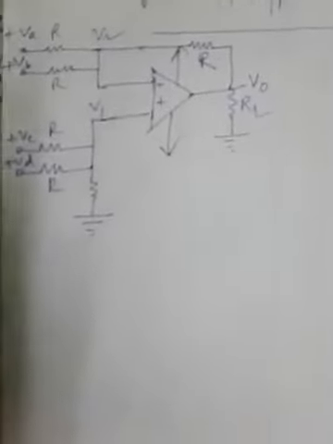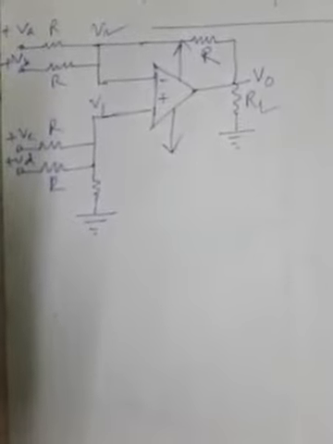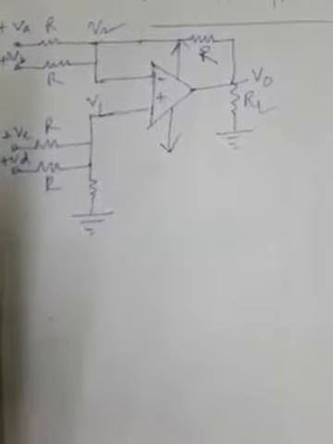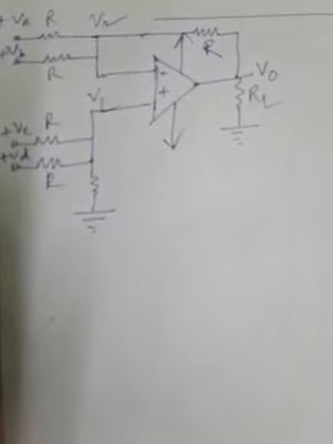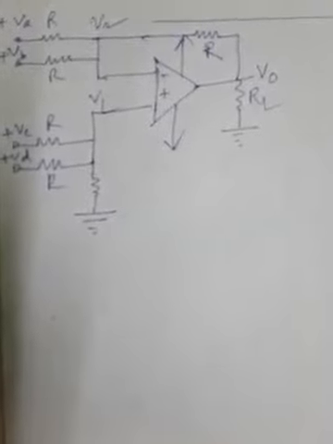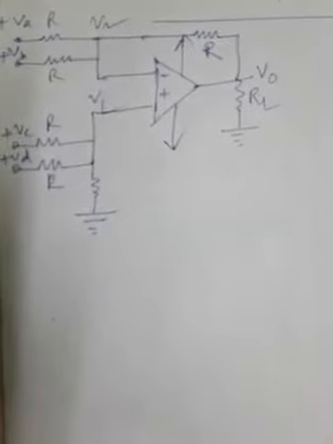The output voltage equation for this circuit can be obtained by using the superposition theorem once again, because we are observing here that multiple sources are connected. When we work with multiple sources in a circuit, it is best to apply the superposition theorem, that is, to find the effect of each individual source while nullifying the effect of the other sources. That means the other sources should be connected to ground if they are voltage sources, or kept open if they are current sources.